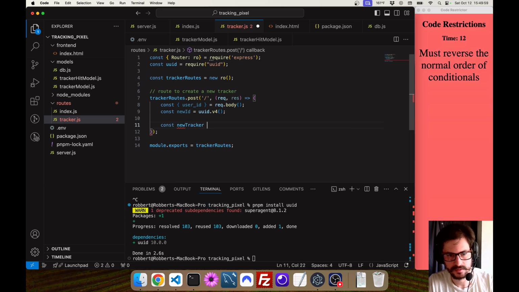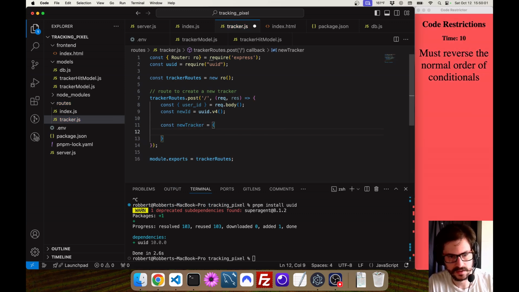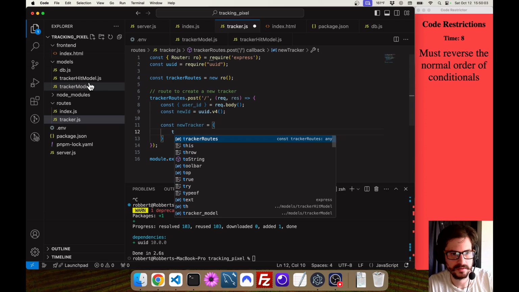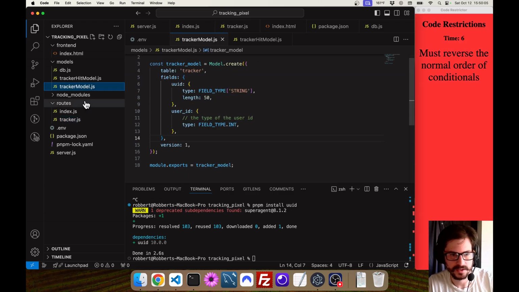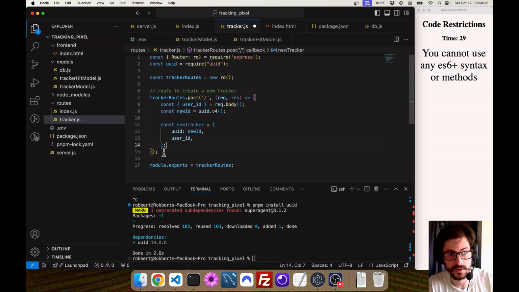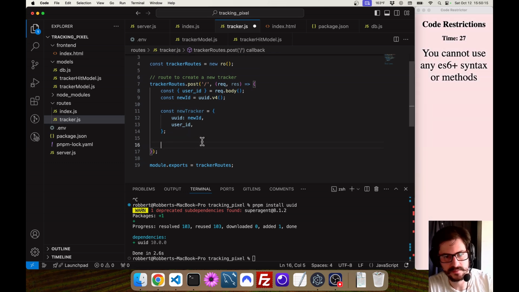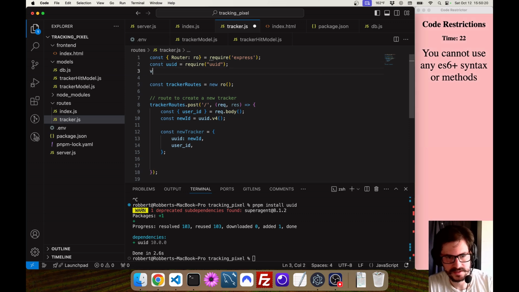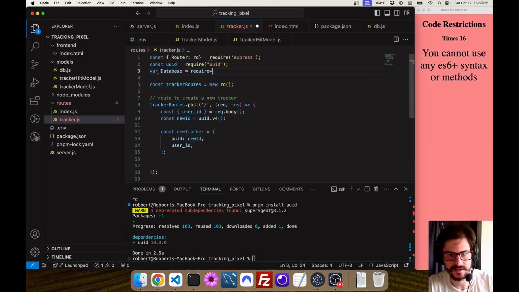New tracker equals, oh god, what did I call that? I actually called it the UID. Okay, tracker UID new ID and user ID. Ooh, okay. No ES6 syntax or methods. Okay, so now I actually need to pull in. This is going to be a var. Oh, and I can't do that either. Equals require